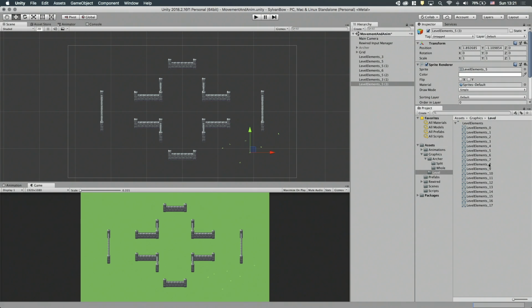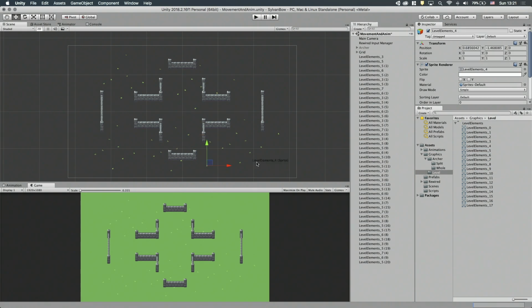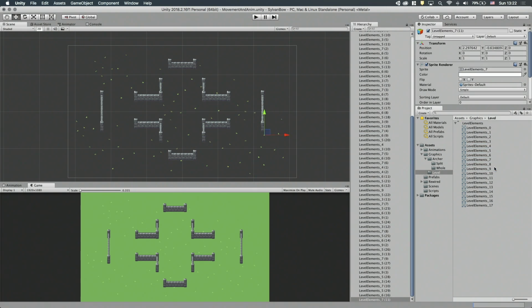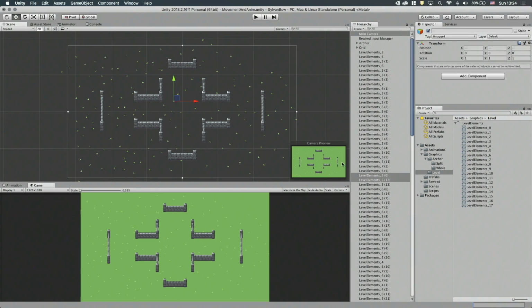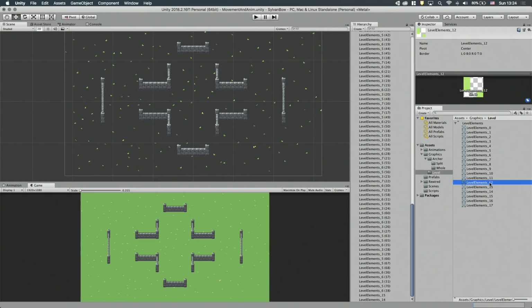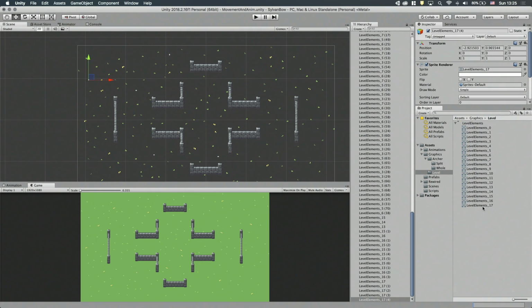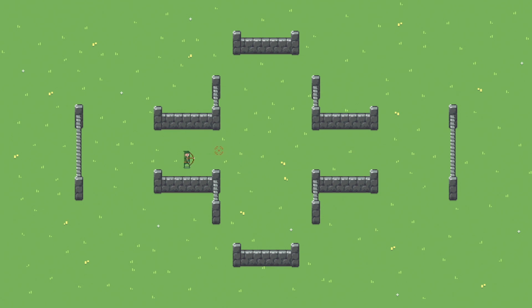As a final touch, I'm adding some grass and flowers as simple sprites. I'm just dragging them into the scene and then duplicating them in groups, so I won't have to create them one by one. It's starting to look like a real game. Let's take it for a spin. Okay, this is awesome. Can you imagine this with 4 players and monsters all over the place? I can't wait to try out the finished version.